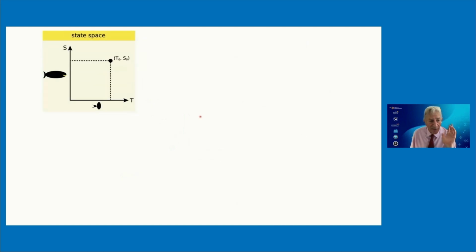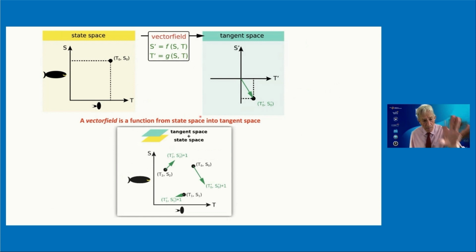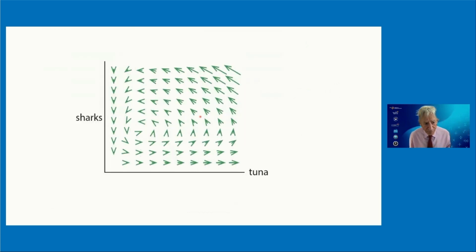So with the concept of state space, the vector field takes you to tangent space, and that then paves state space with change arrows. The resulting picture looks like this. And now you can immediately see what the ensuing dynamics are. You start from a point here and you're going to go around here and you go, oh, look at this, it looks like these populations are going to oscillate. And that's correct.